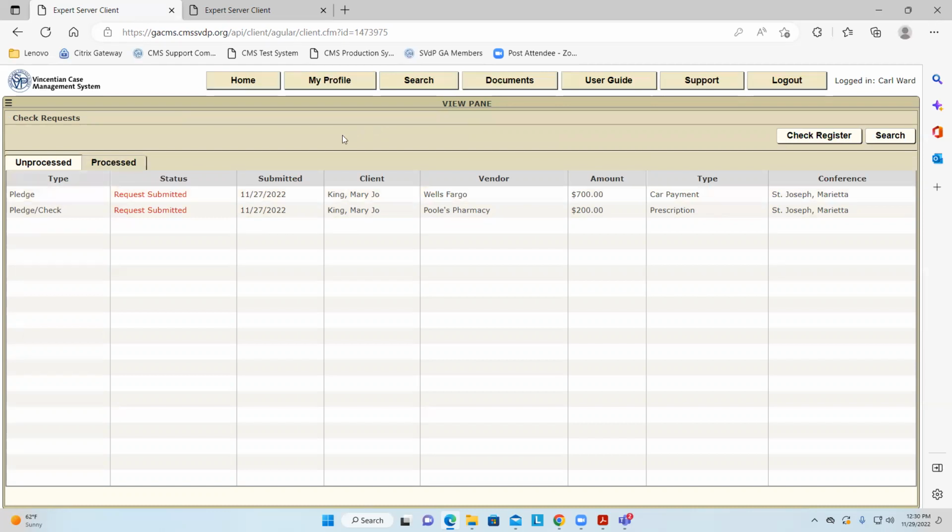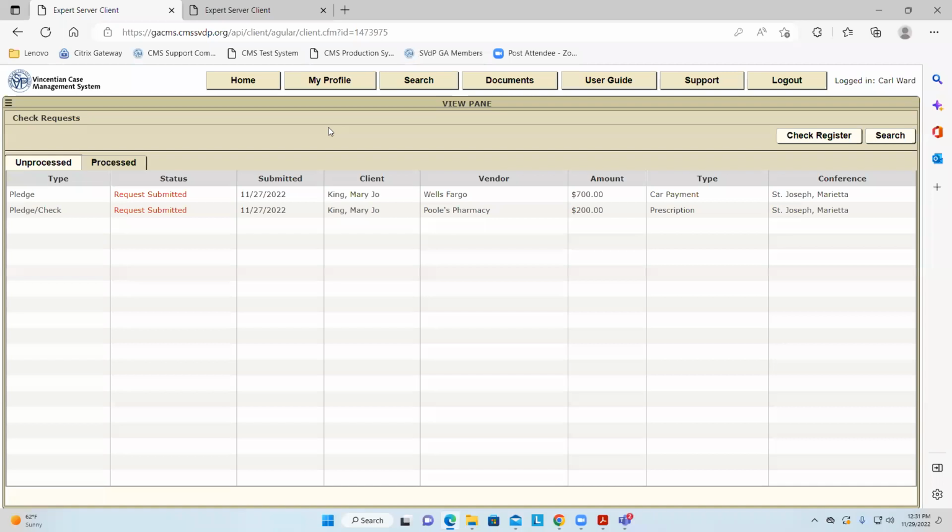Just by show of hands, can we find out how many conferences out there use pledges? Because I don't want to spend much time on pledges because we did a whole session on pledges. Only three people have their cameras on. St. Jude does. Okay, St. Jude uses pledges. Okay, cool. Then I'll spend some time on it.